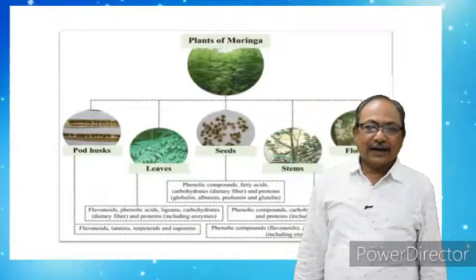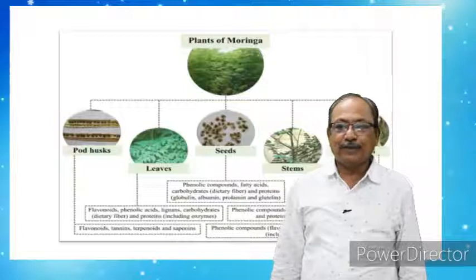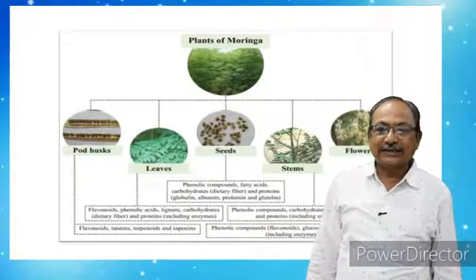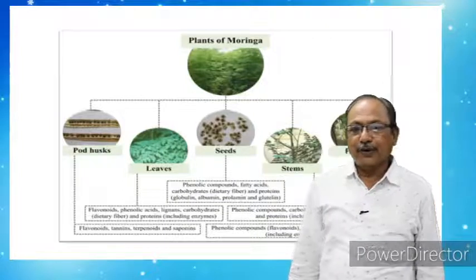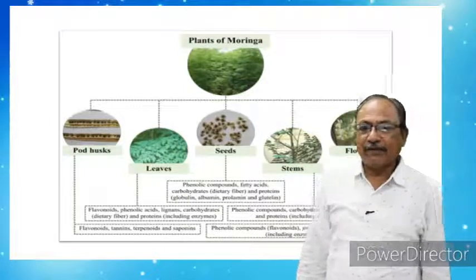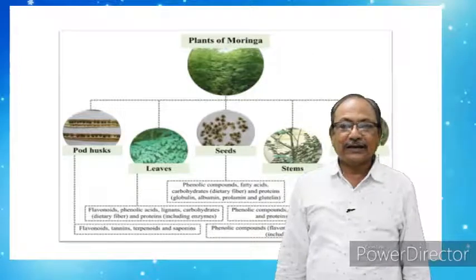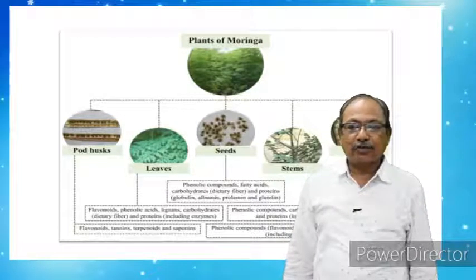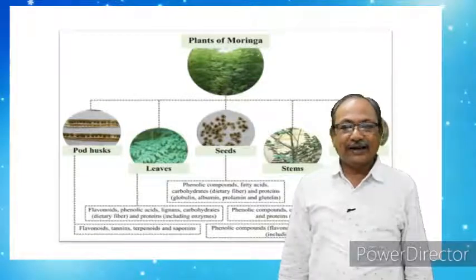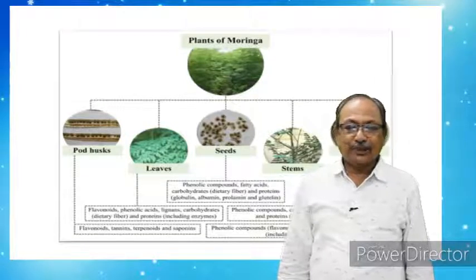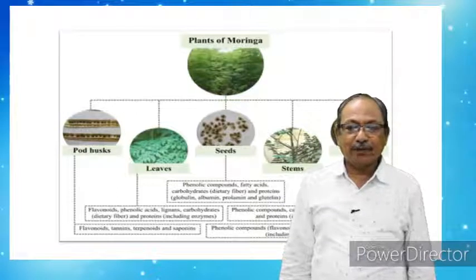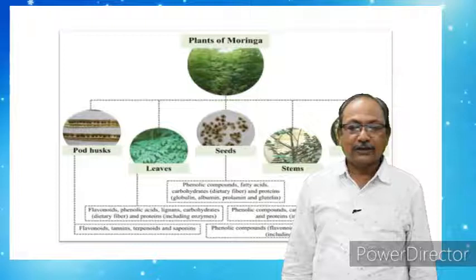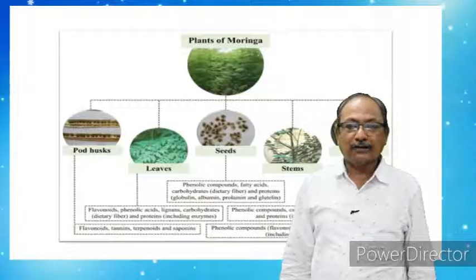Now, the Moringa contains many healthful compounds such as vitamin A, vitamin B1 which is thiamine, vitamin B2 which is riboflavin, vitamin B3 which is niacin, vitamin B6, folate and ascorbic acid, that is vitamin C, calcium, potassium, iron, magnesium, phosphorus, zinc. It is also extremely low in fat and contains no harmful cholesterol.